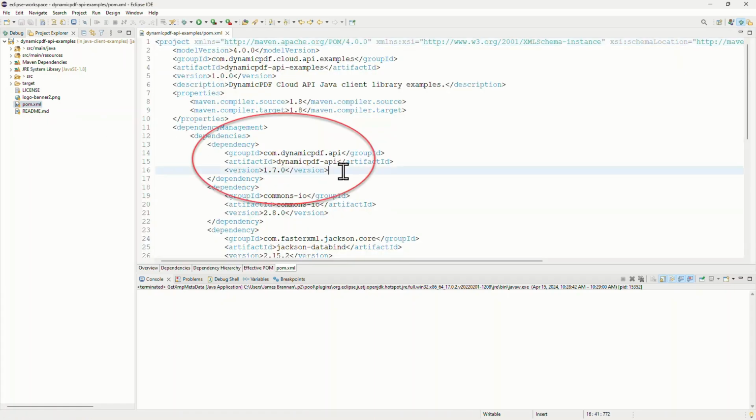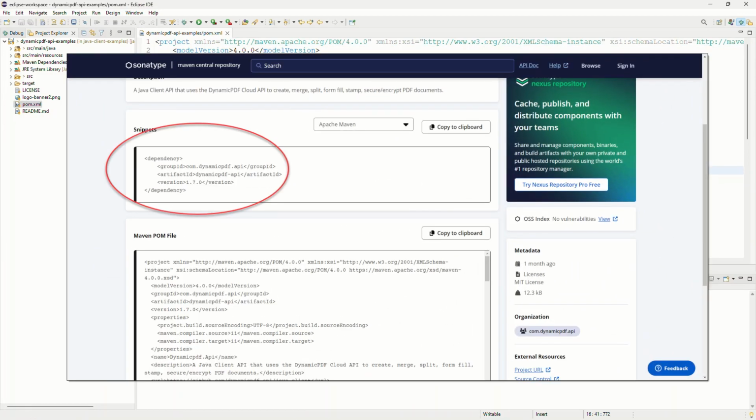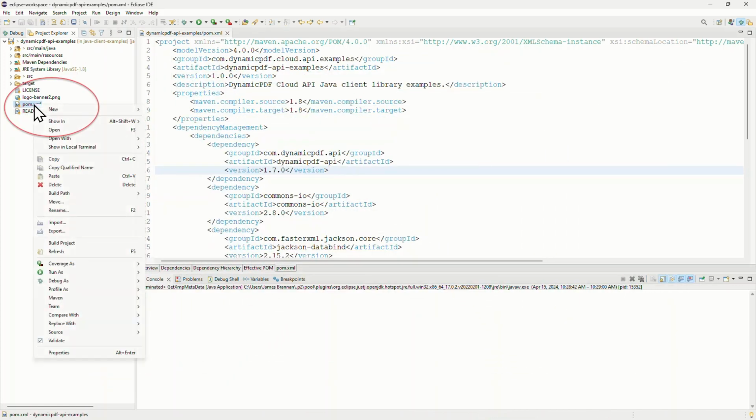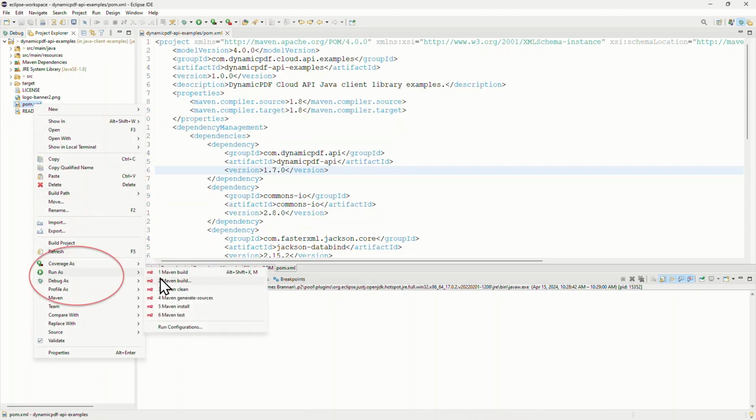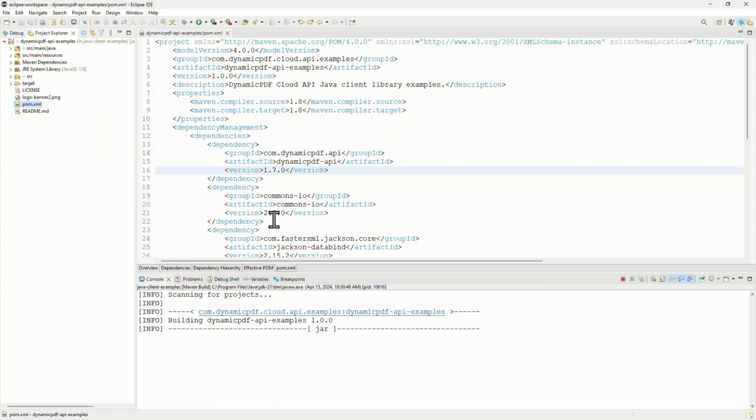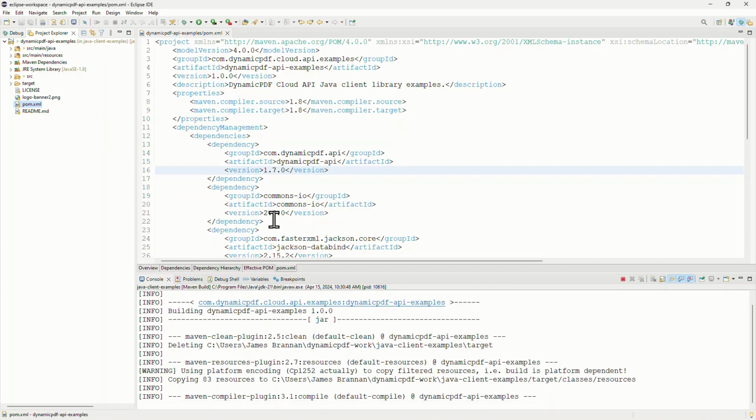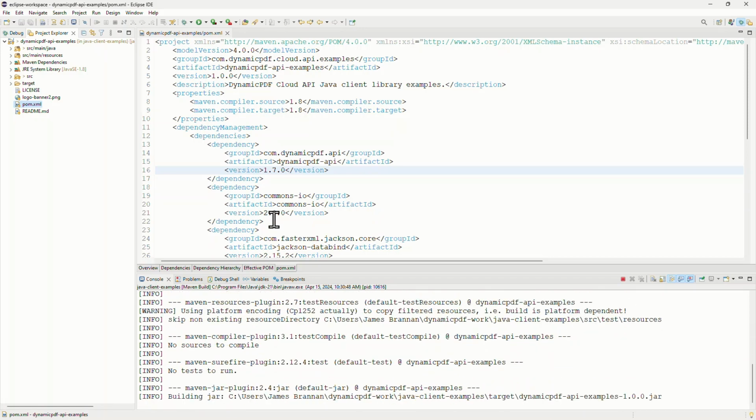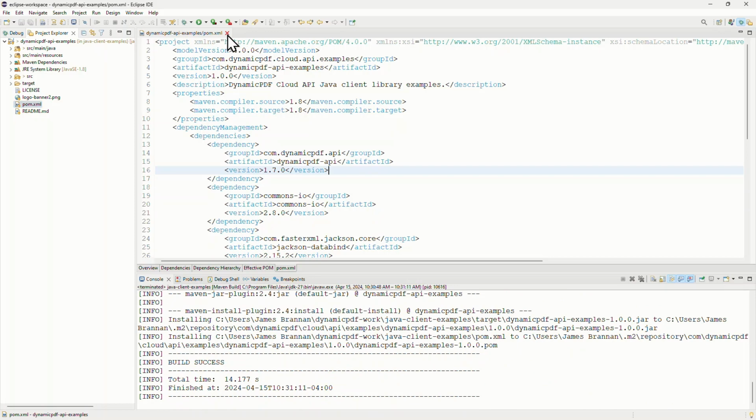Now let's check that the DynamicPDF client library version is the latest. It's the latest version, so let's build the application. Right-click, Run as, Maven Build. Wait for it to build. Now open the file